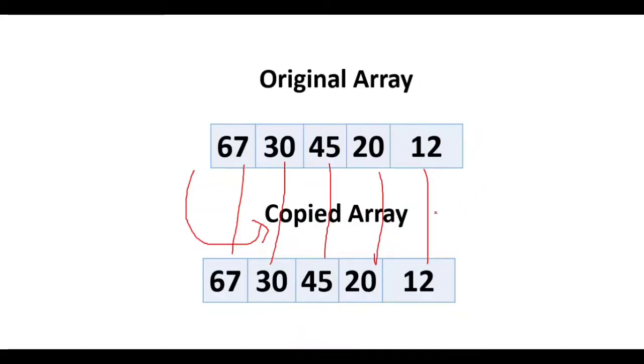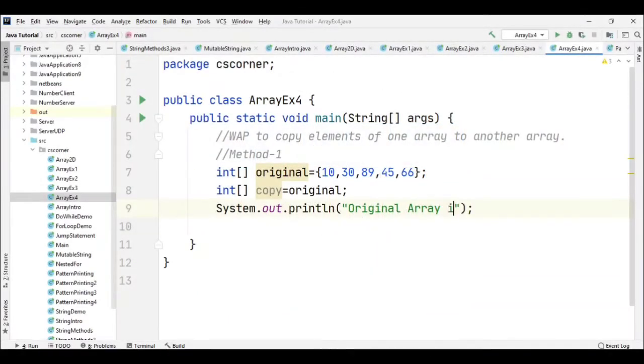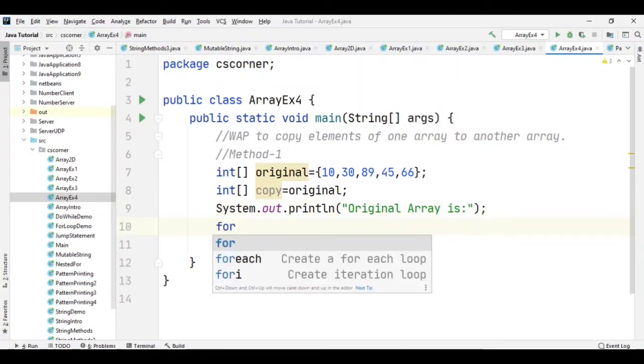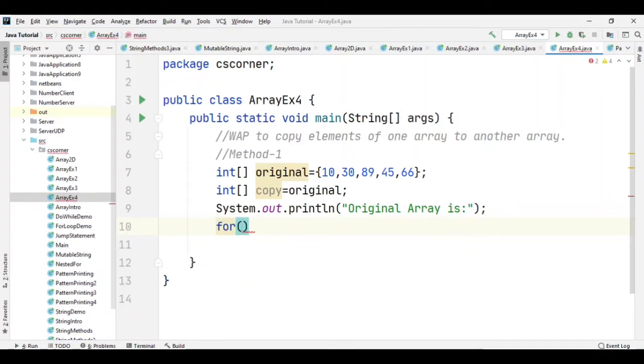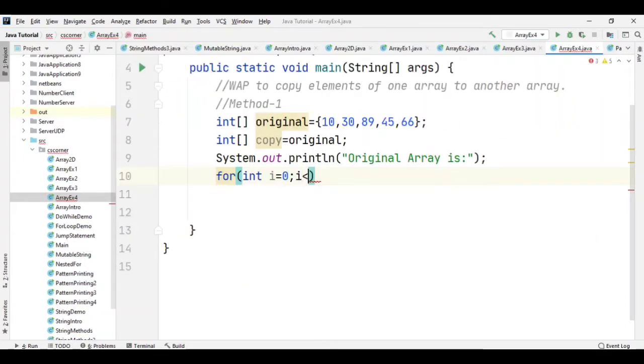So let me print these values and show you actually how this reference works. Original array is, and then for printing my array, I'm going to use a for loop starting from 0, and the length should be original.length. You can use the length property and then i++.